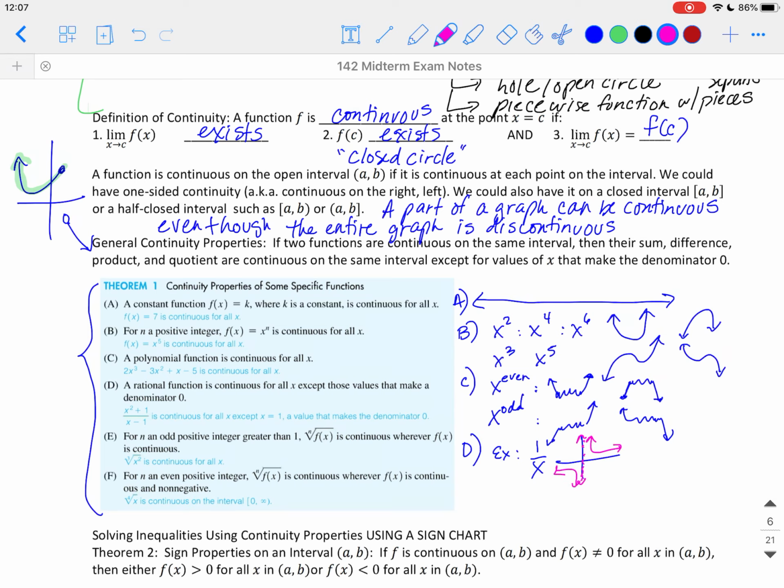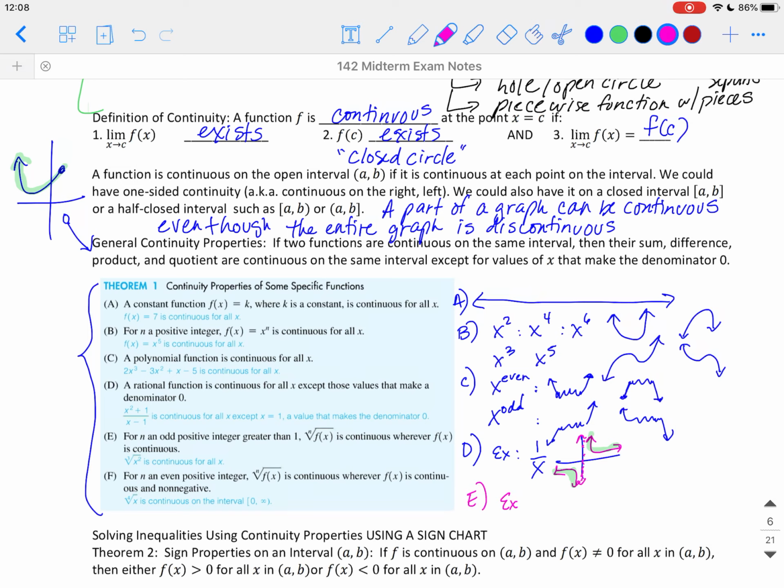And so where is it going to be continuous? Only in this piece or in this piece. But together, it definitely isn't continuous. For E, n is an odd positive integer greater than 1. So n is going to be your root, so it has to be 2 or more. It's going to be continuous wherever f of x is continuous. So for part E, just as an example,